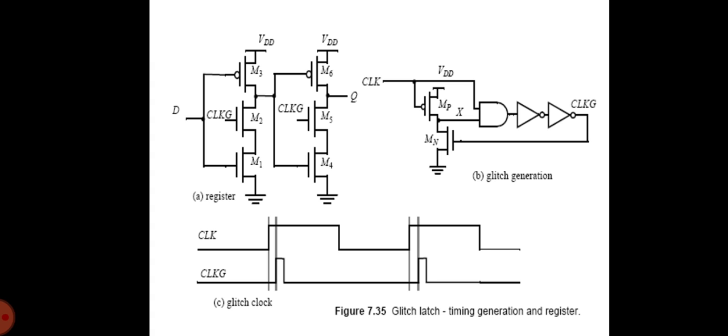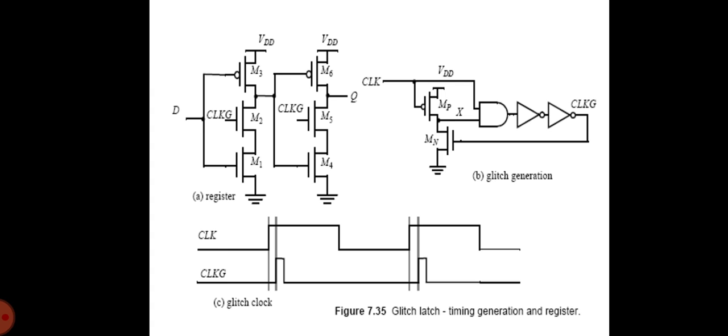You can notice that the circuit also uses a pulse generator, but it is integrated into the register. The transparency period also determines the hold time of the register. The window must be wide enough for the input data to propagate to the Q output. In this particular circuit, the setup time can be negative. This is the case if the transparency window is longer than the delay from the input to output. This is attractive as data can arrive at the register even after the clock goes high, which means that time is borrowed from the previous cycle.